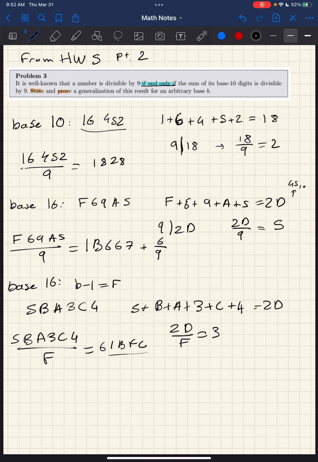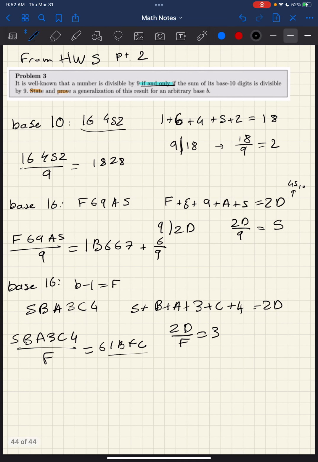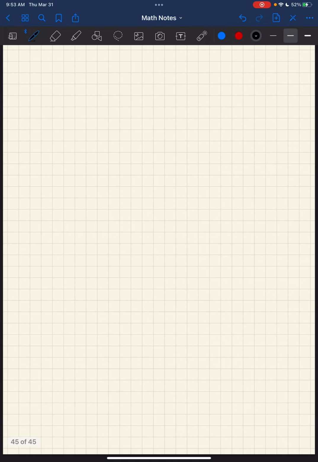Okay, so now we know what we're talking about, right? We want to prove that in any base b, if the sum of the digits of any number is divisible by b minus 1, then the number itself is divisible by b minus 1, and vice versa, right? Since it's if and only if. So what we need to prove then is that